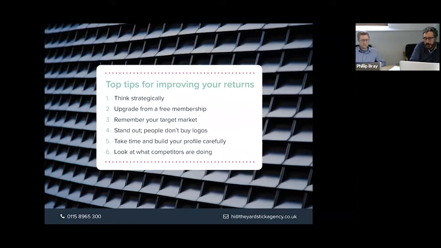Stand out. You can spot the profiles that we create a mile off, because if you run a search, go into Unbiased, run a search on your postcode and scroll down the firms that are there, the majority of them will just have their logo. Change it. Mix up your logo with pictures of people. Add the chartered logo in there as well. People buy people, they don't buy logos. So the sooner that you can introduce some personality into this, the better.